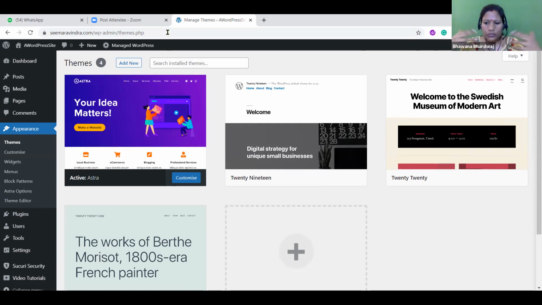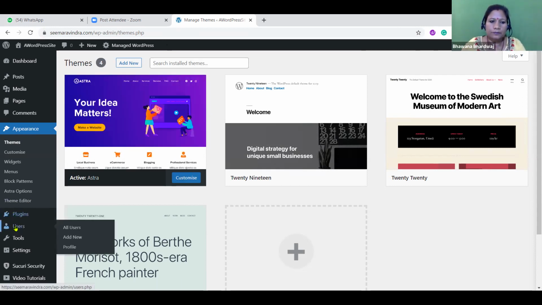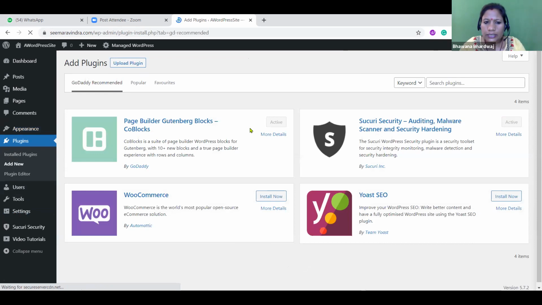Whenever you are using any theme, the majority of themes want to provide you the complete package. They want to give you a collection of plugins which will help you to create those pages. Okay, it's not showing up. So should I go here and install? Yes, you can go to the plugin, add new plugin, click on the starter template and install that starter template.